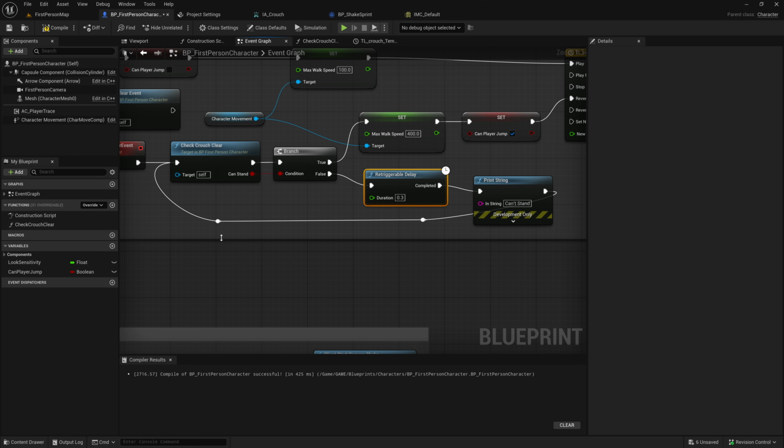And why is this a loop? And why is it okay to do a loop here? Well, we're going to check every duration. So in this case, every 0.3 seconds, we're going to check, can we stand up? No, we can't stand up. Check again. Can you stand up? No, check again, check again. The reason we're doing this is because